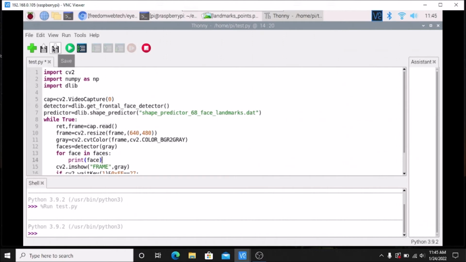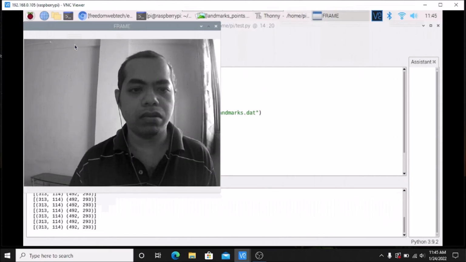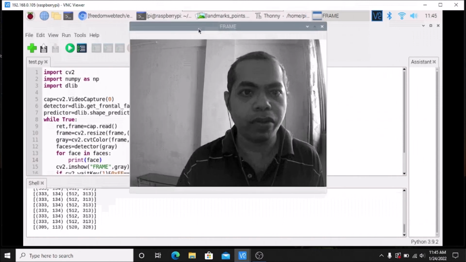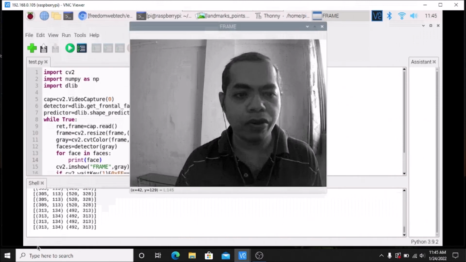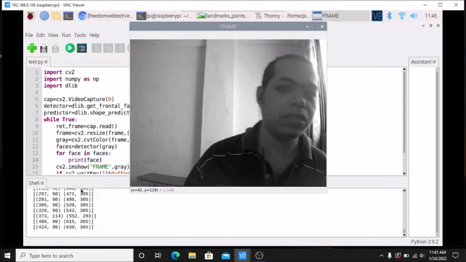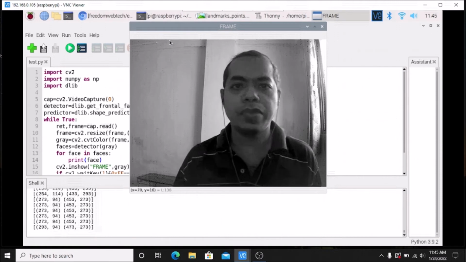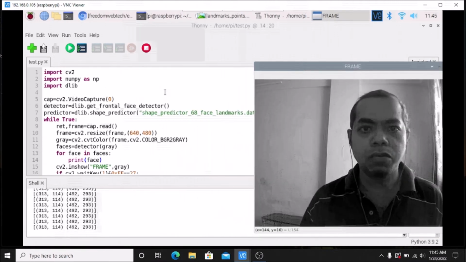Simply I am going to save the code, and if I run the code, as you can see here, we will basically have arrays. If I move this way, these arrays are changing. So I am going to save the code,